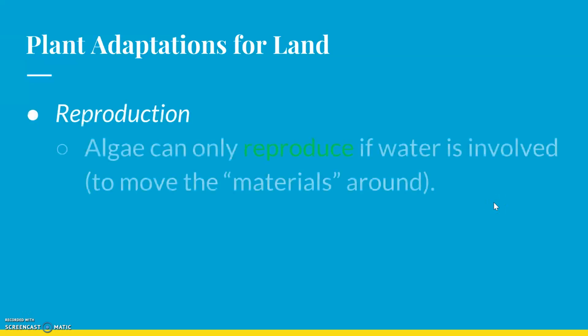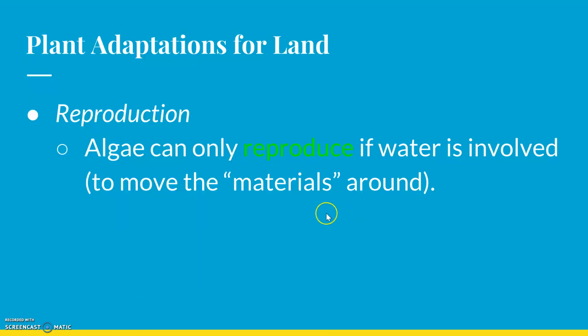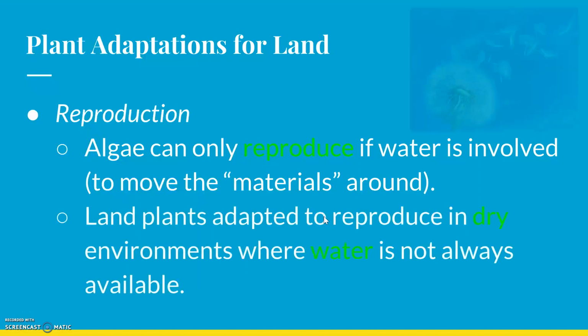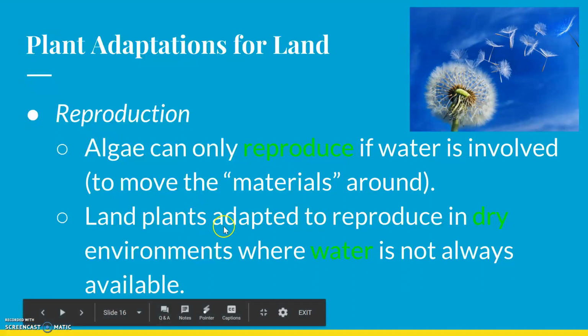Reproduction, and we're going to talk about this way more later on. Algae, because it's low, can only reproduce if water is around. And I have your little note here. Water is going to move the materials around, so the egg and the sperm. So when it's reproduction season for algae, they're going to release their eggs and release their sperm into the water. The water is going to move around because that's how water does. And then it's going to find an egg, find a sperm, and it's going to make a baby. Tall plants, it's not that easy. Not always water around. So for land plants, they had to adapt or change in order to reproduce in a